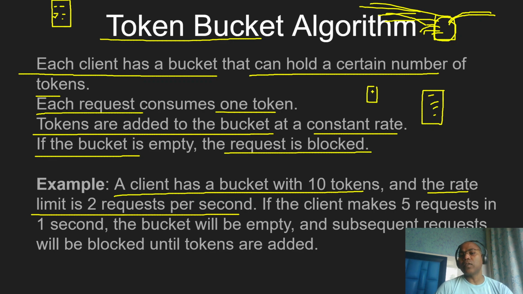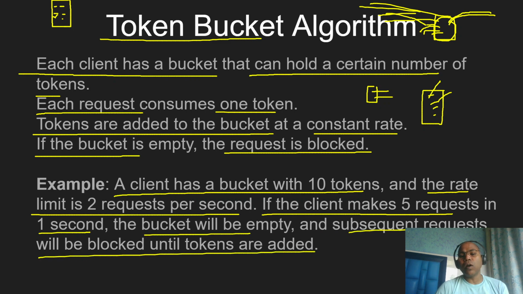Per second, they can send 2 requests. Okay. And if the client makes 5 requests in 1 second, what happens? They have a limit of 2 requests per second, and they are sending 5 requests per second. That means whenever the first 2 requests come, the bucket will empty because we have only 2, and the subsequent requests will be blocked until